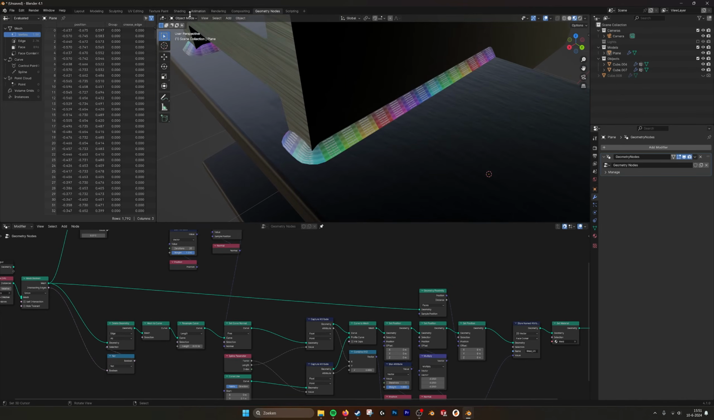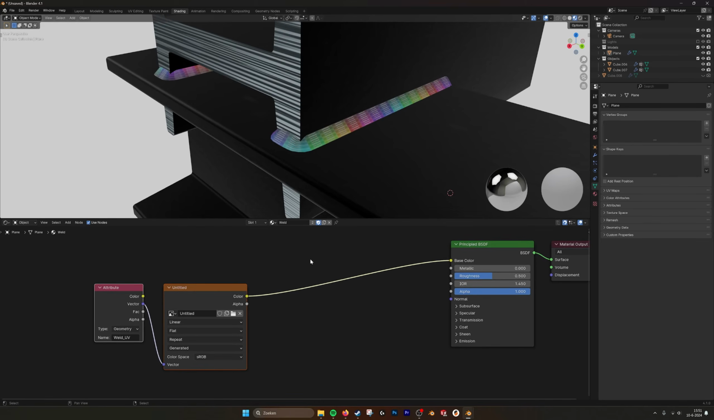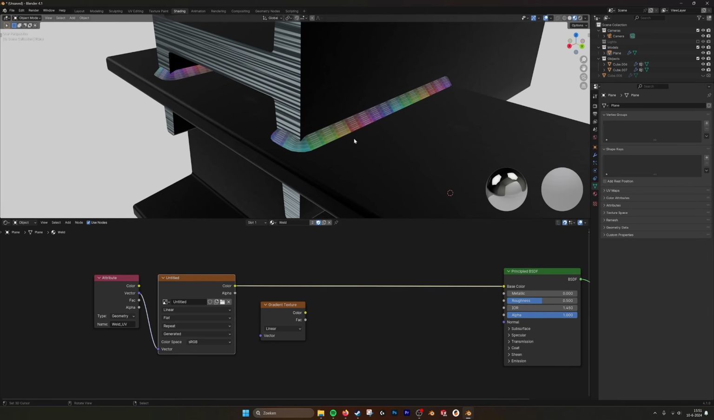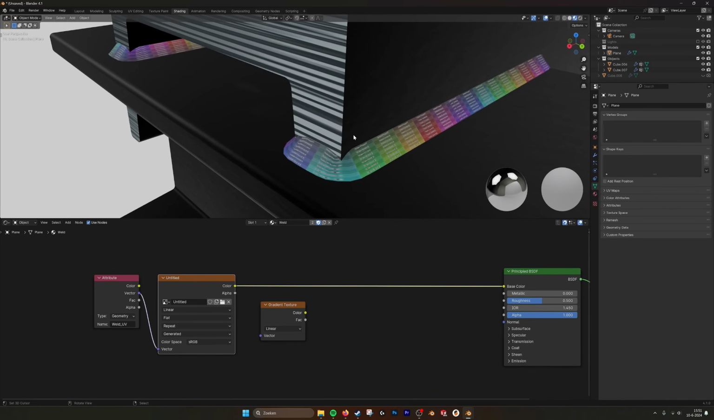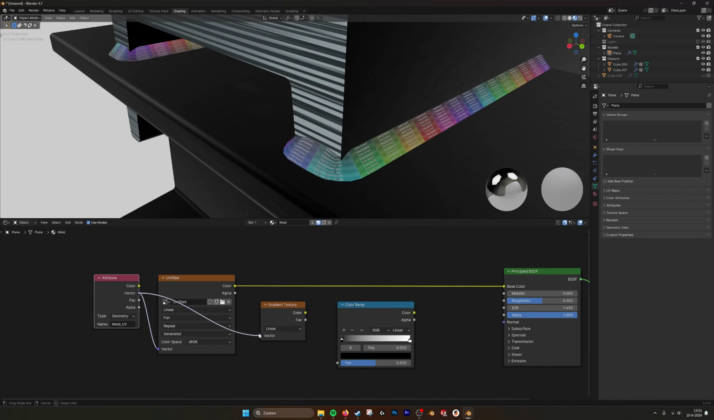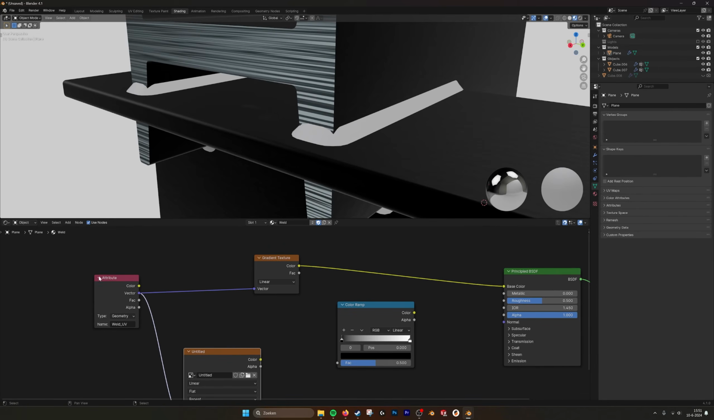Okay, and now we need to create the material for it. How I did it was I created a gradient and I mapped it over this side with a color ramp. So let's make this the gradient. See where it goes. Maybe with mapping